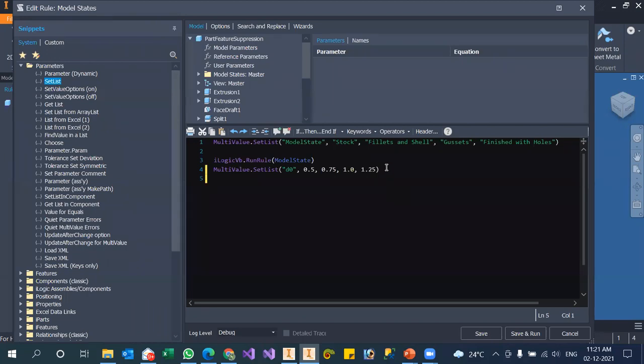It is there, everything. So what we have done is multi-value parameter dot set, which parameter? Model set parameter. We have added this one. So you can see here these parameters we have added. In this model state, we have added 1, 2, 3, 4 parameters. So from fx parameter you can insert the values, or in iLogic also you can insert the values.